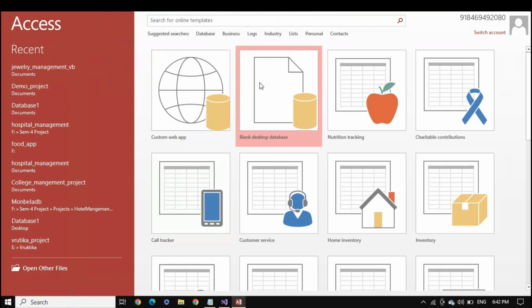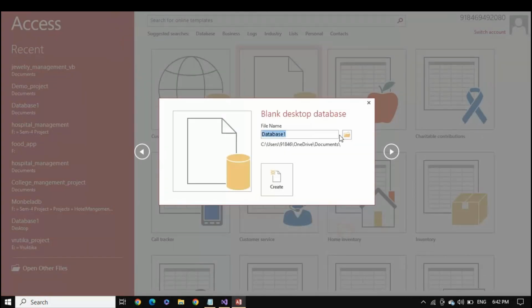After that, we create an Access Database file and create one table.